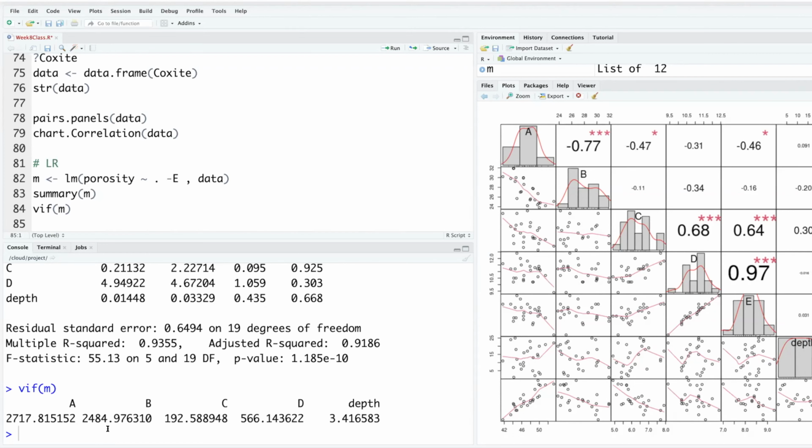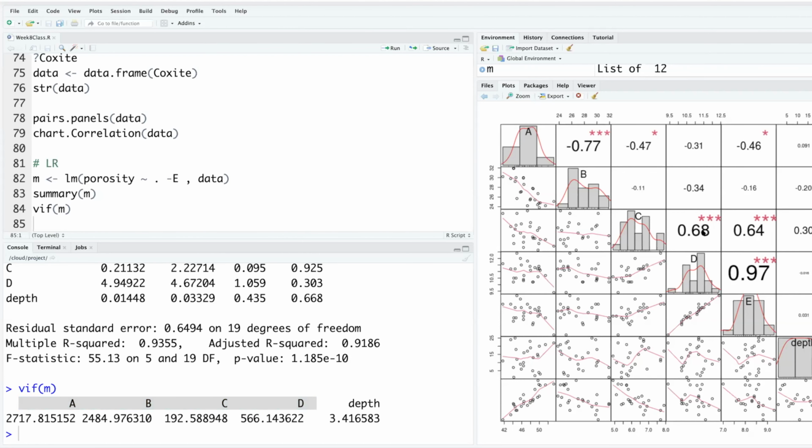So remember, we were thinking about VIF as a thumb rule should be less than 10. When you start seeing numbers in thousands, obviously there is a big problem. Now the question is, what should we remove? It's not that we remove all ABCDs because the value is high. So we can revisit this plot and E is already out. So this high correlation of 0.97 is not really a problem. That way probably D can stay.